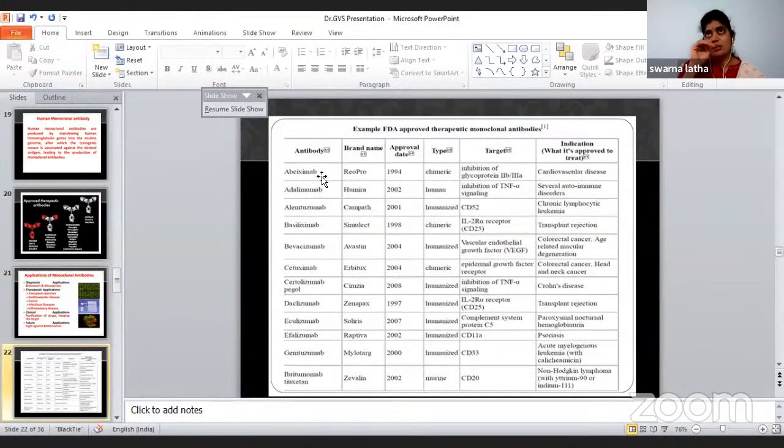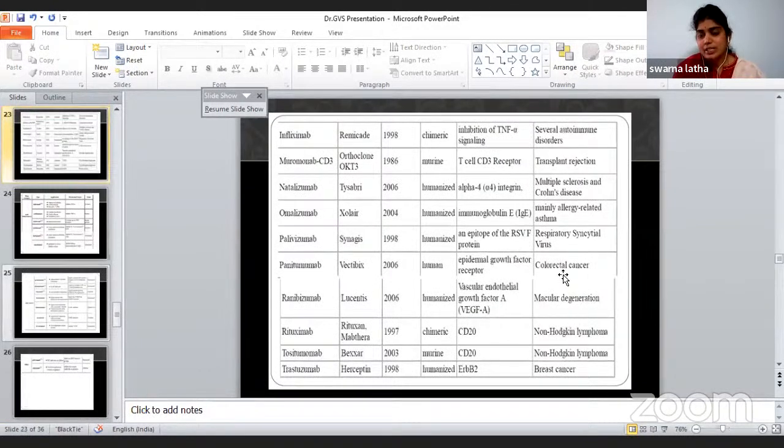Okay, because of time constraints, I am not going to explain each and every disease here. I will explain one slide, because monoclonal antibodies can be generated against any target, and you can clearly observe this. Maybe I'll read out the antibody, brand name, FDA approval date, type, target, and indication. So here you can see different types of monoclonal antibodies. They are targeted to different diseases. See here, cardiovascular, autoimmune diseases, transplant rejections, and some others. Still it is continuing. See here,